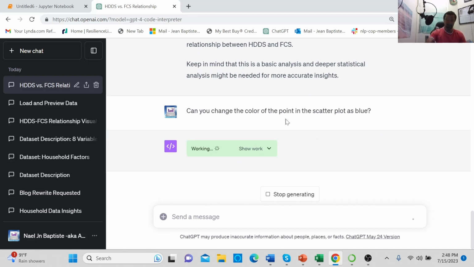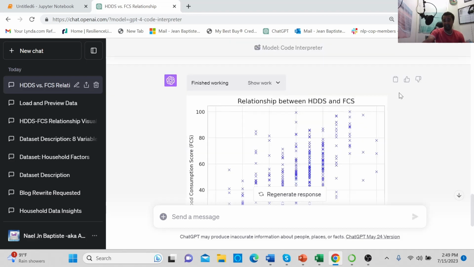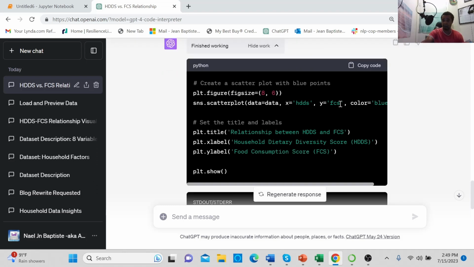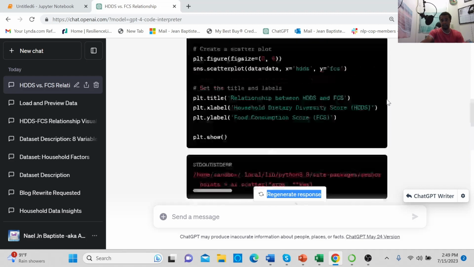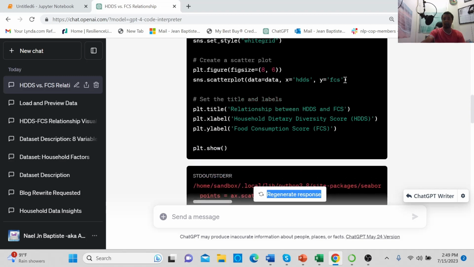Okay, it's working, it's addressing my question. All right, as you can see, it has changed it to blue for me. And the nice thing is that I can learn how to do that change in my IDE. For example, I can also ask it to show me the work that it has done. So you can see, for example, here, there is a change in the color, where it has put the color of my chart as blue. You see? Blue was not there in the previous chart or previous code. Go back, you see? It is basically the same code, but it did not show me how to change the